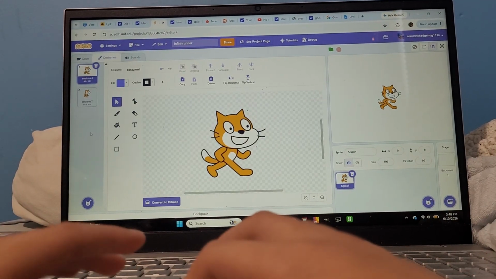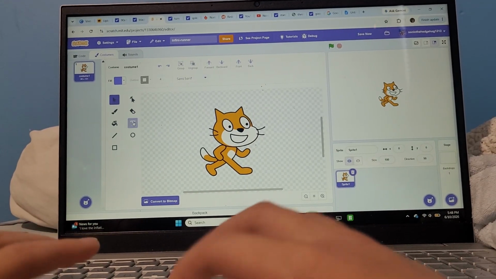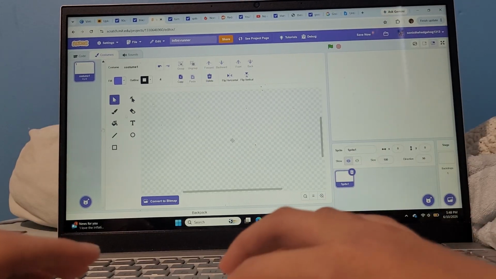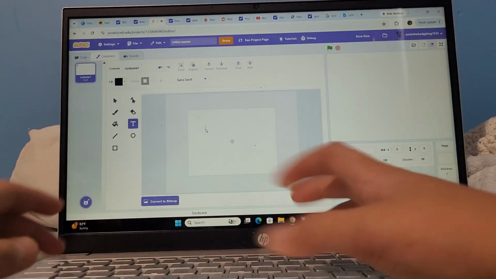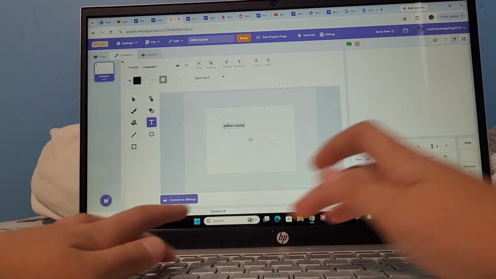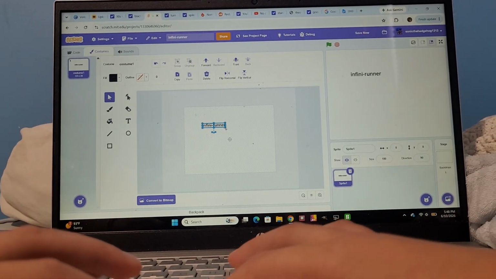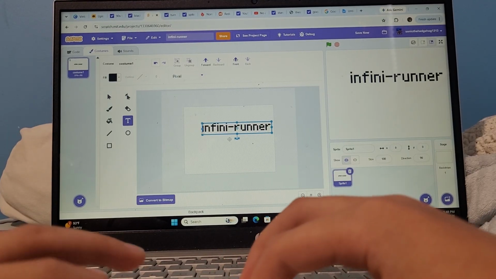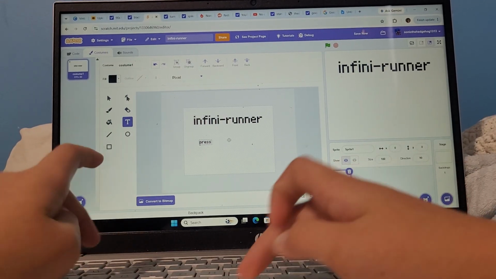Okay, first of all, we're gonna have to make a title screen. So let's just make a basic title screen. Infinite Runner. Okay, so we're going to take this, we're going to make it larger, and you know what? Let's put it in a pixel font for no reason. Sure, right there. Press space